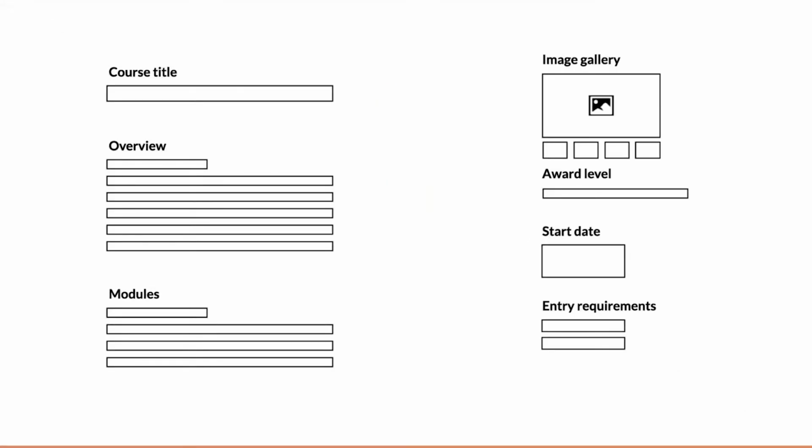And we know that these are elements of a course, and it might be that lots of those, basically we say there's a bigger thing going on here, which is called a course, and the title belongs to it, the overview belongs to it, modules belong to it, etc. But also, if we start to think about it in a bit more detail, start date is really interesting, because the same course can have, and does have, I imagine, multiple years of entry. If it's a course that runs every year with a new cohort every year, you might actually have chemical engineering run that started in 2018, started in 2019, same course, but started in 2020.